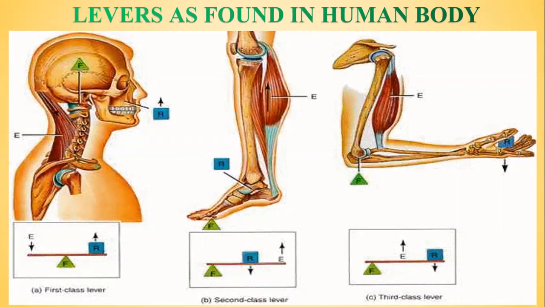Class 3 lever. In raising a load by the forearm. So here the figure shows the action of the biceps. The elbow joint acts as the fulcrum at one end. Biceps exert the force in the middle, and the load on the palm is at the other end. Thus, this is an example of class 3 lever. So we can see that we have examples of each class of lever as found in the human body.